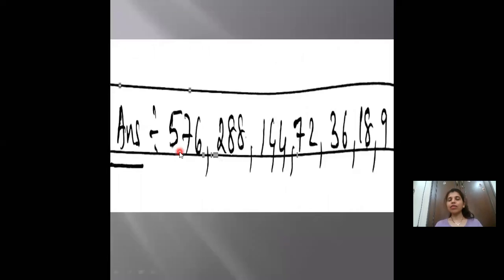Then after that, once you get the 5 terms, you have to write it in the form of the GP. So 576, 288, 144, 72, 36, 18 and the last one is 9. So we have got the answer.